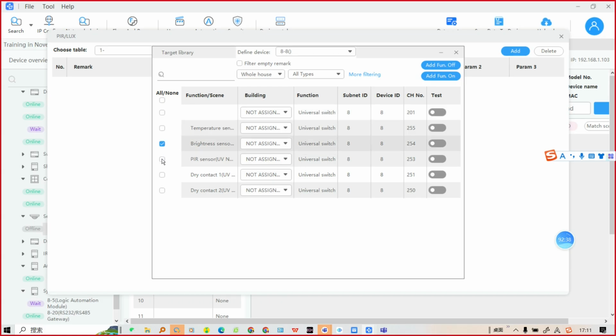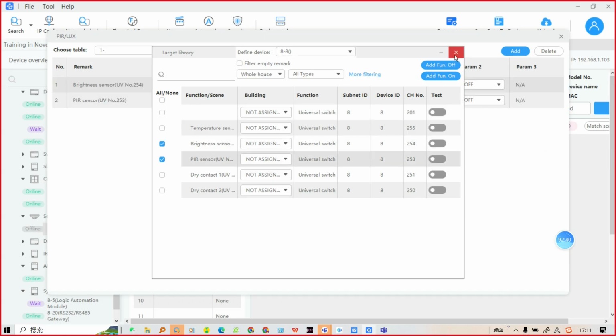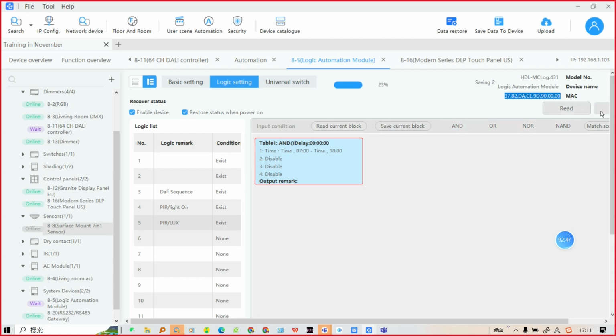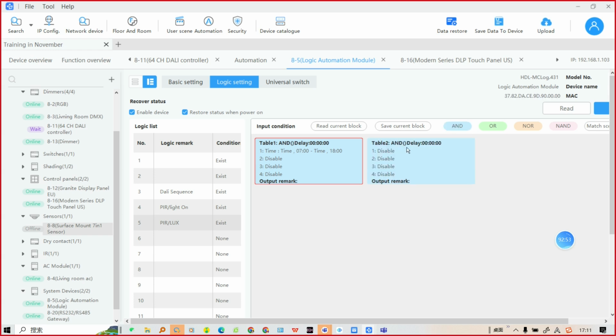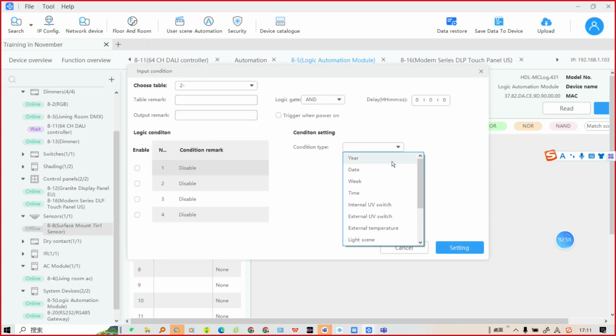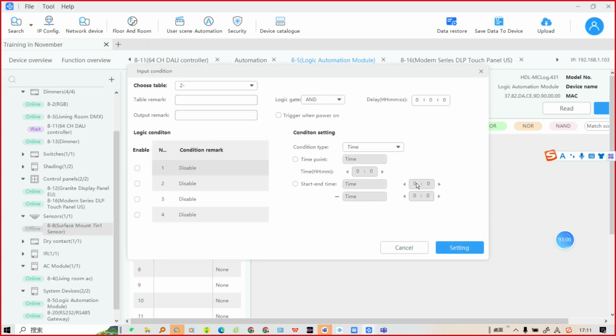Okay, brightness sensor and lux sensor add off, now let them work. When turn off this, they cannot work, right? And then click save. And if at night I want this sensor to work, I can just add another target, another time input, and the time start from 01 to